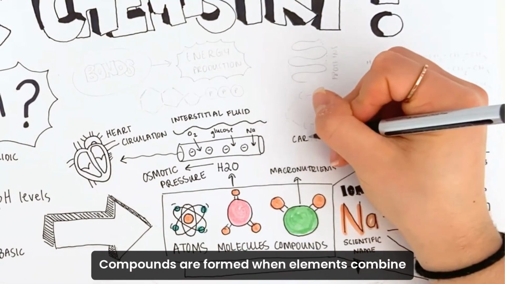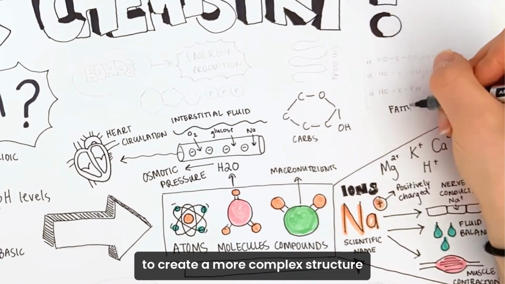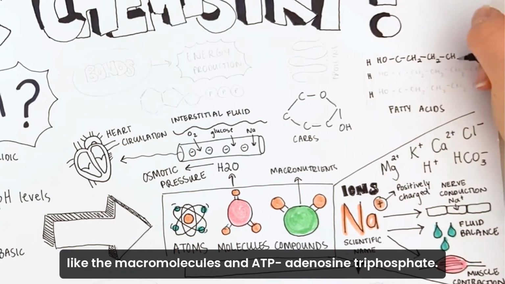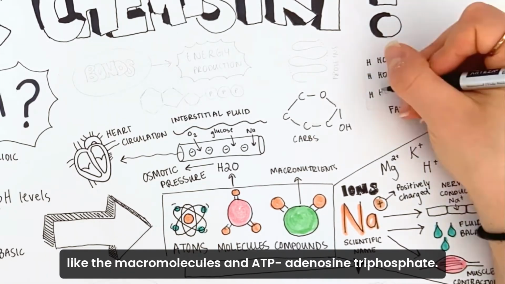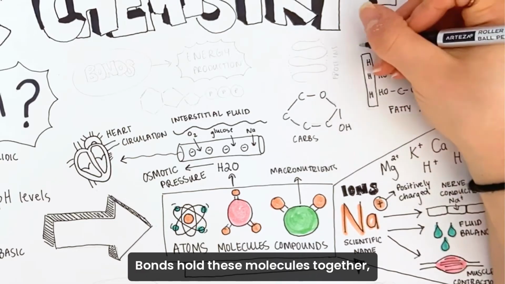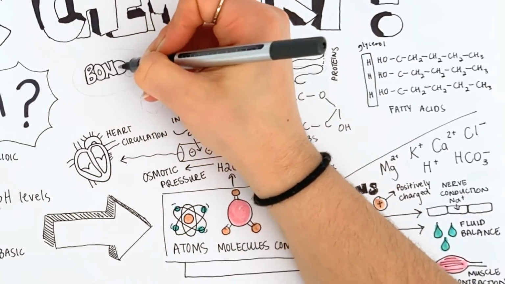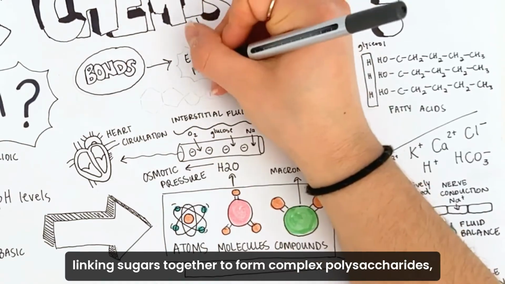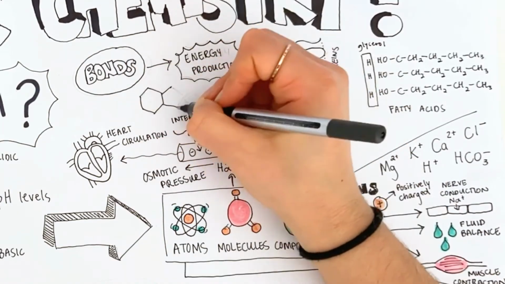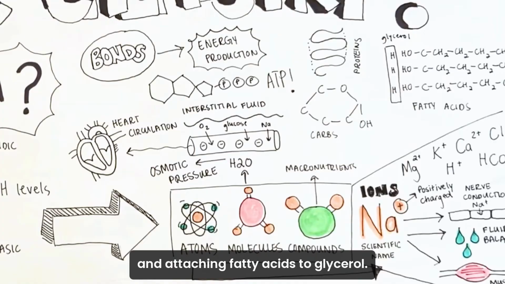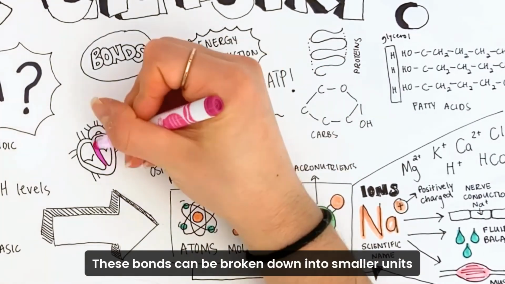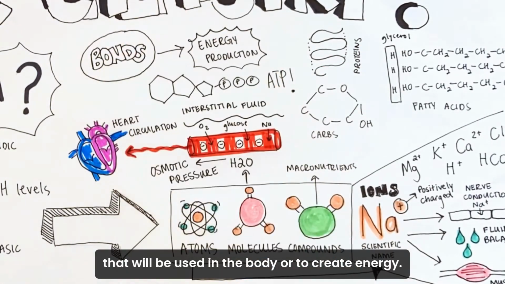Compounds are formed when elements combine to create a more complex structure, like the macromolecules and ATP, adenosine triphosphate. Bonds hold these molecules together, giving proteins their unique folded shapes, linking sugars together to form complex polysaccharides, and attaching fatty acids to glycerol. These bonds can be broken down into smaller units that will be used in the body